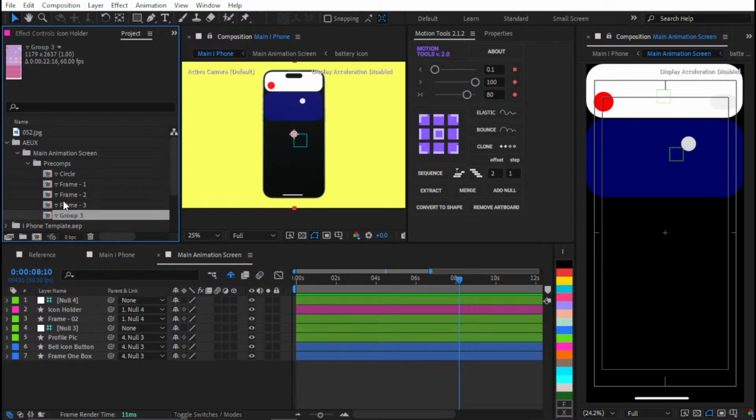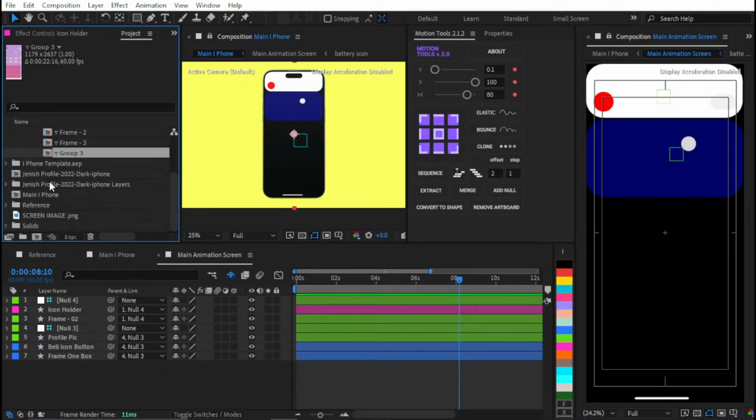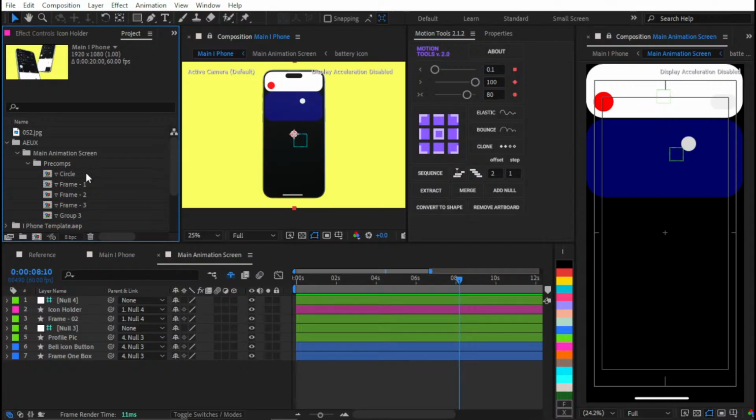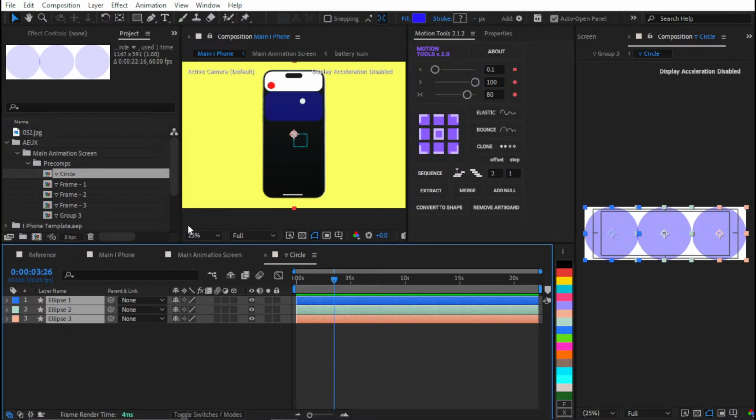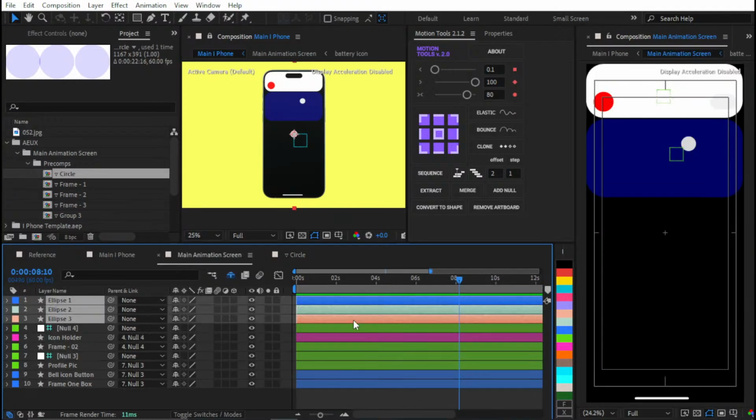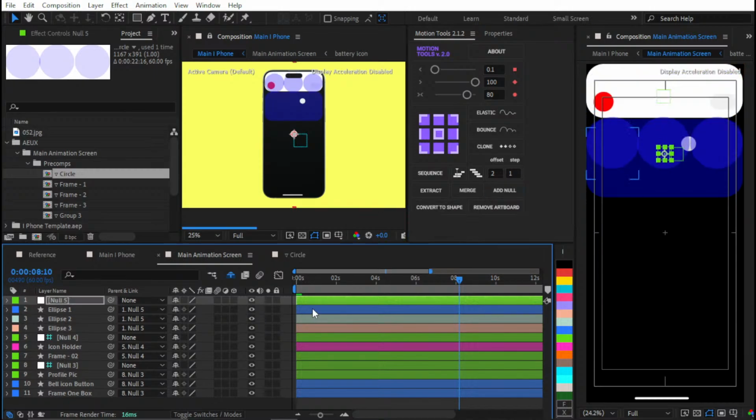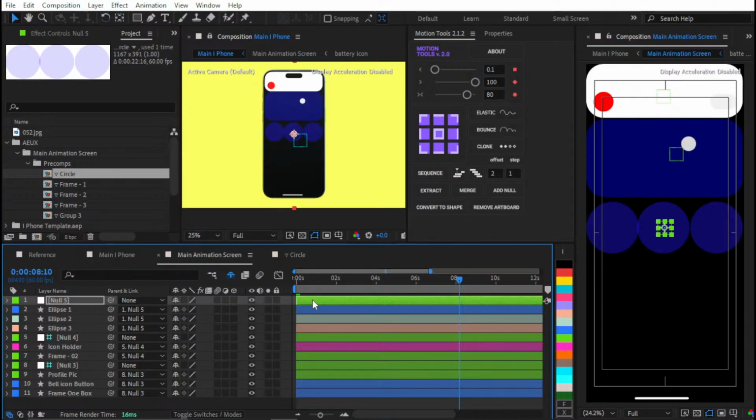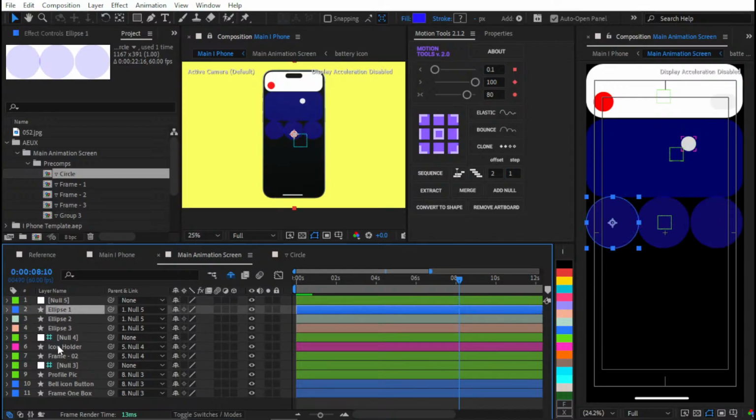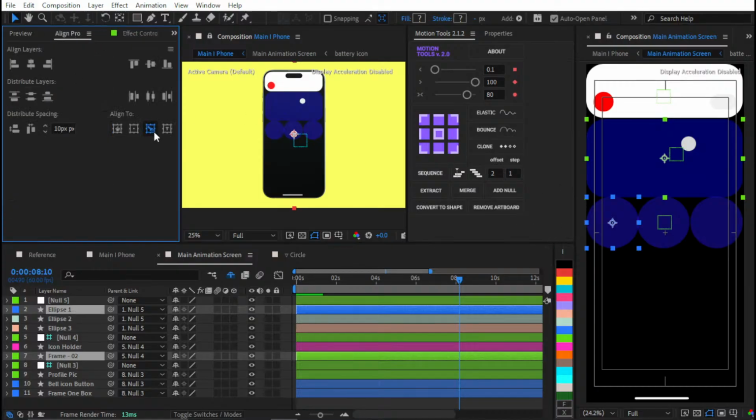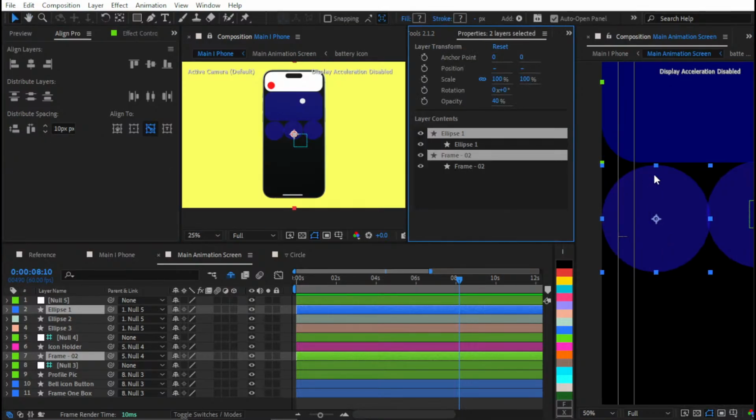And where is our ellipse one? Where is our ellipse group? Okay, this is our ellipse group. Let's copy this, paste them here, add a master null, and move this down like this. I'm just selecting frame 2 and ellipse 1. Go to align pro, distribute vertically, so we have exact 10 pixel gap